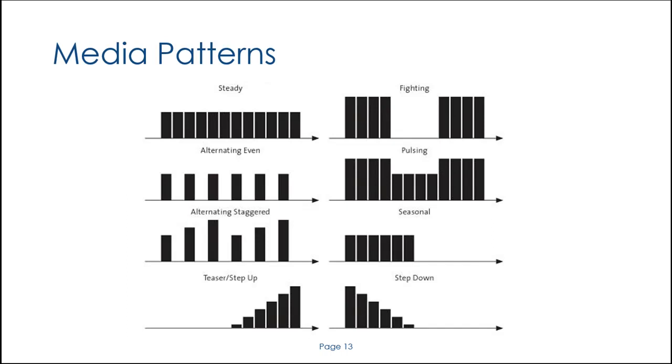So this is really the frequency and the depth with which you do your communication, whether it's by email campaigns, social media, TV advertising, press, radio, whatever media you're using. These are the different ways you can, if you like, engage and deliver it into the market in terms of frequency and the depth of the communications activity. There's no correct way to do this, but it's just an example of the sorts of techniques you can use. I'll look at this in a little bit more detail in the next slide, where we talk about how some of these different frequency patterns could be used for particular campaigns in the area of fundraising.